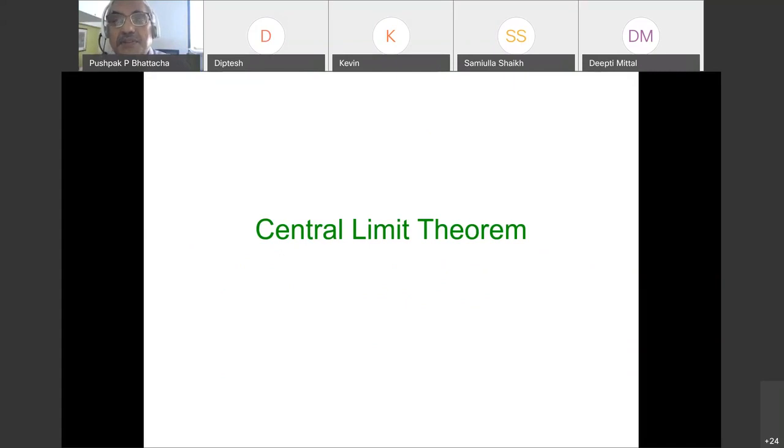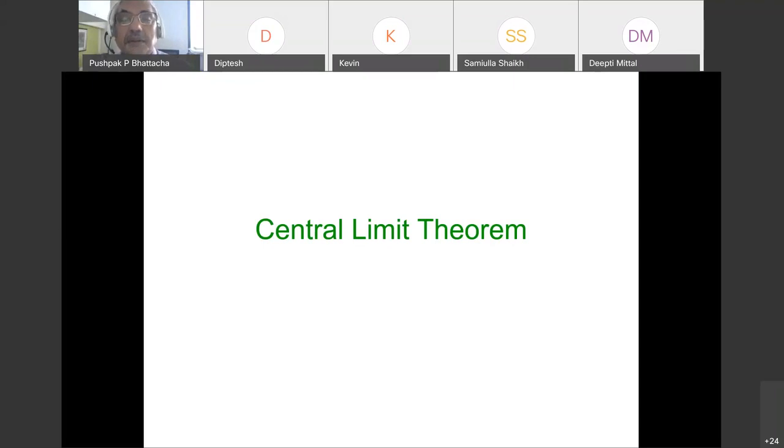So there also the central limit theorem was invoked, because we had to find out the mean of the quantity W total minus W tolerance. So again, central limit theorem was invoked. And we wanted to do all this so that we could make use of the Z score table.